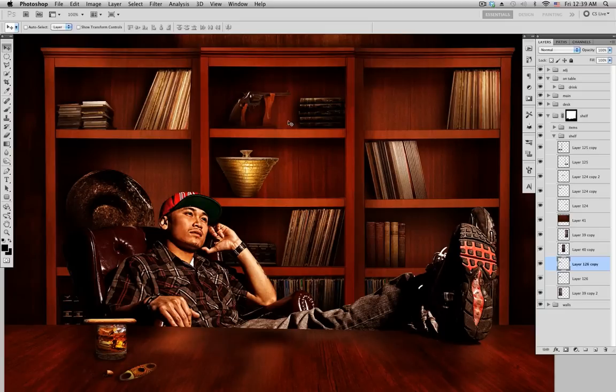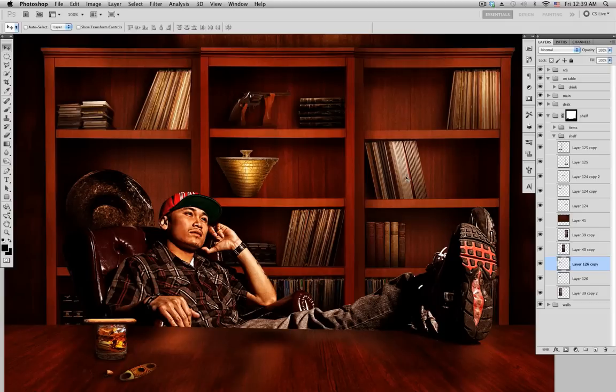So that's pretty much it. That's how I add shadows to objects so it blends in with the overall design. And then one thing, or the last thing I like to do, is add a little rim light on every single subject. So the way to do that is